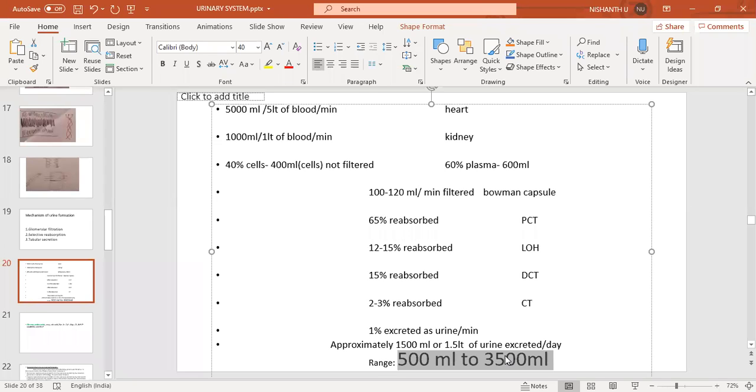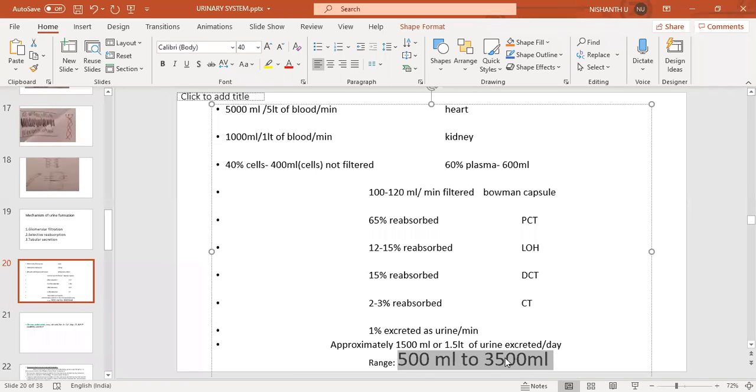Immediately you will ask one question: sir, I wake up 3 or 4 times to go to the toilet. No, don't ask these questions. This is the reason why we say that it should not be more than 3500. If it is more than 3000, forget about 3500. If it is more than 2000 itself, you will wake up 2 to 3 times.